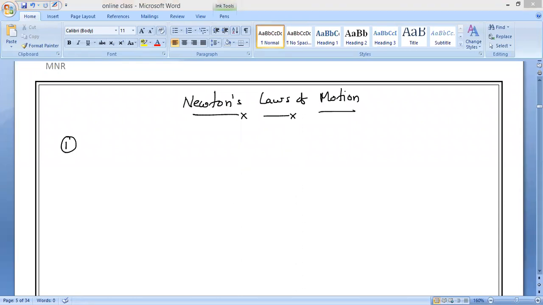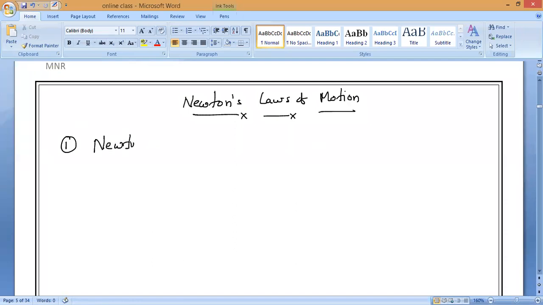We can also call it, as I told you in the last class, Galileo's law of inertia. Do you understand? That is what we learned in the last class. Yesterday we did Galileo's experiment on inclined planes. Do you remember, guys? Yes, sir. So we made one final conclusion. Can anyone tell me the final conclusion? Please respond.